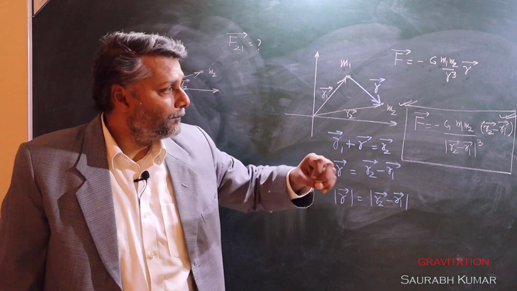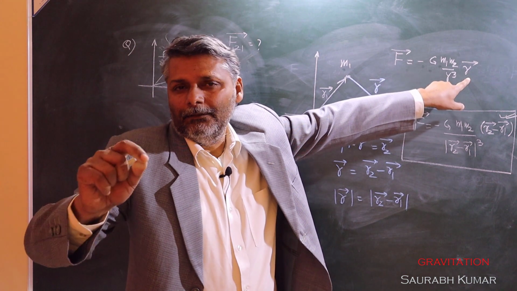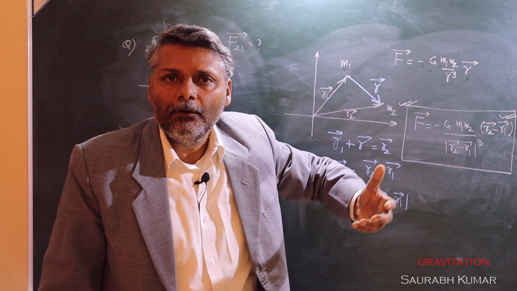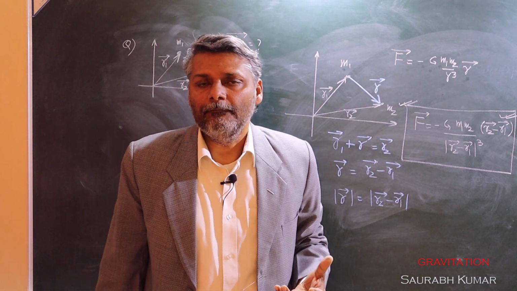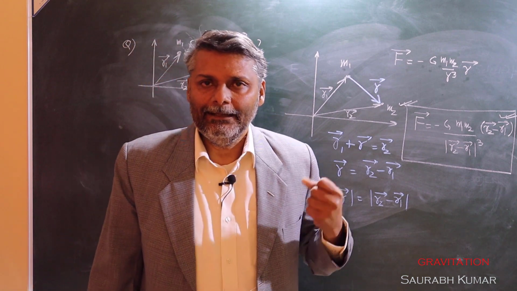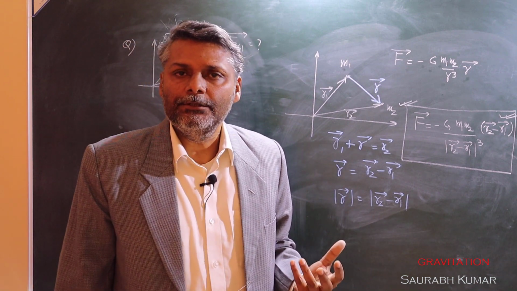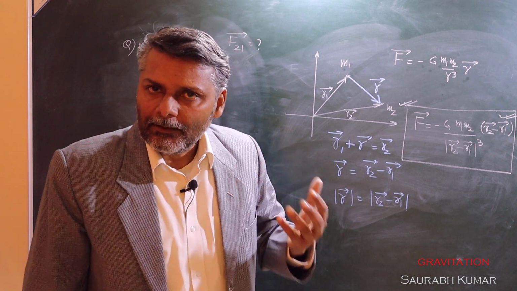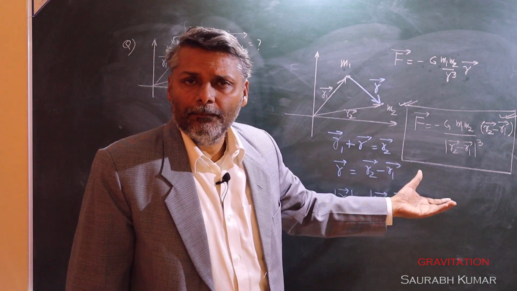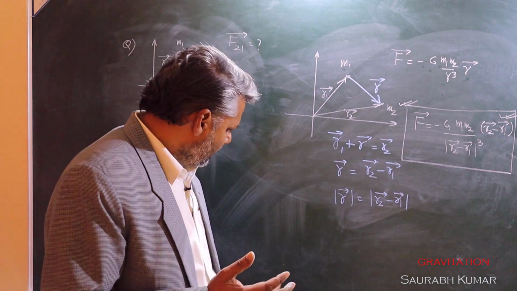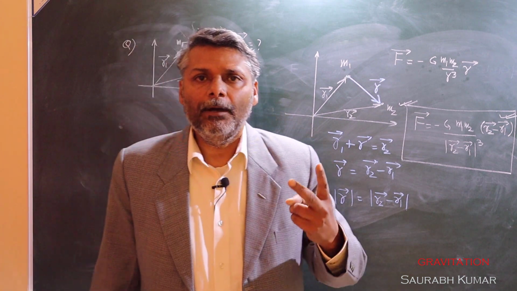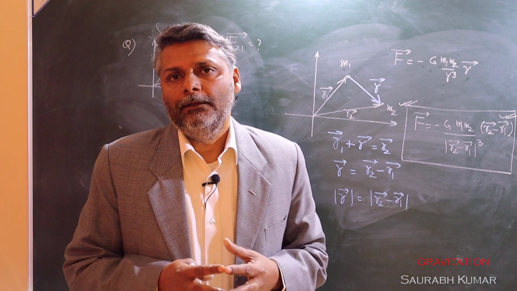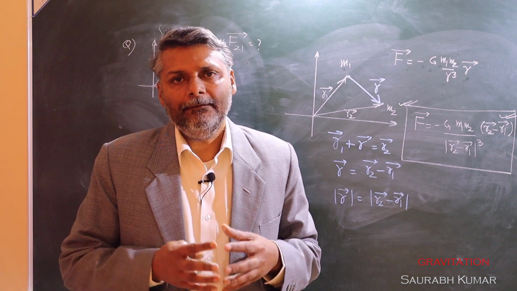So again, the key idea is: to convert Newton's law of gravitation into vector notation, you need to involve the position vector, and to write the position vector, you need to know the coordinates of head and tail. Where should be the tail of this position vector? At the environment, and the head should be at the selected body. So if you keep that concept in mind, you can solve each and every problem. Now, the only issue with the law of gravitation is it is applicable to how many particles? 2. Now, what happens if we have multiple particles and you have to find the resultant force? Next, let us discuss that.